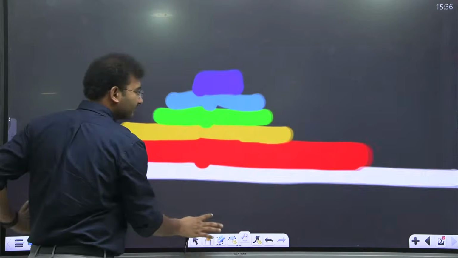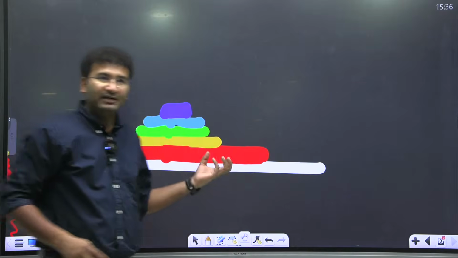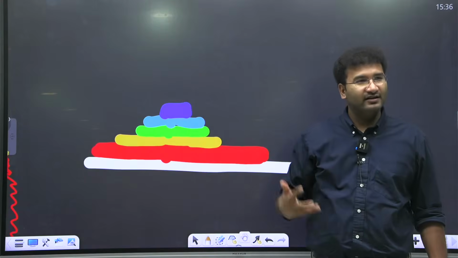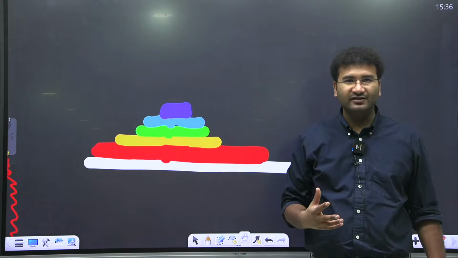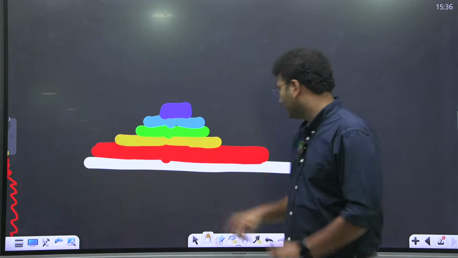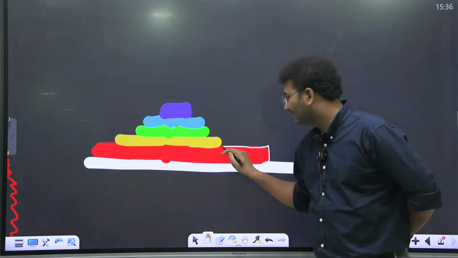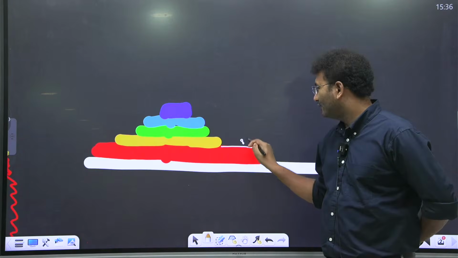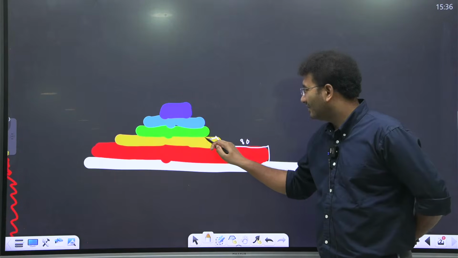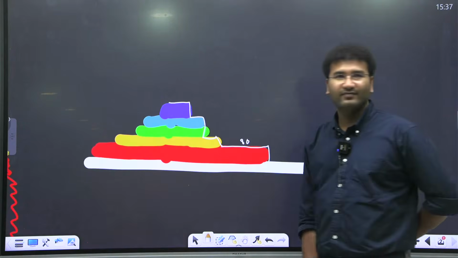Now see, imagine this is your Deccan Plateau. Any plateau, the majority of the times, will form like this only. But our Deccan is a little special. So special that if you start to measure, this is 200 meters. After that, maybe this is 80 kilometers. Again, there is a raised platform for 200 meters. Again, plain area, rise, plain area, raised, plain area.